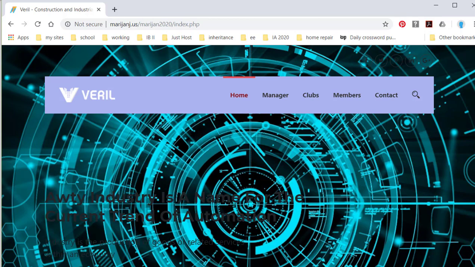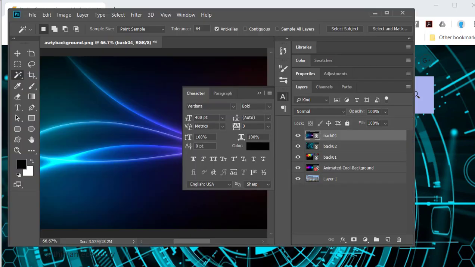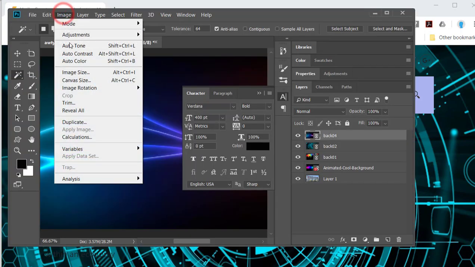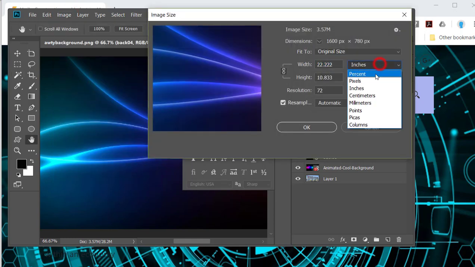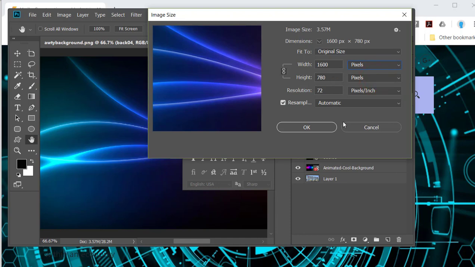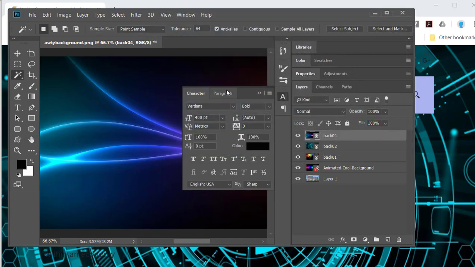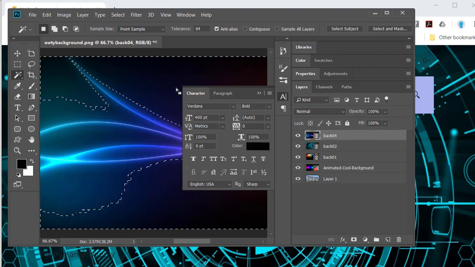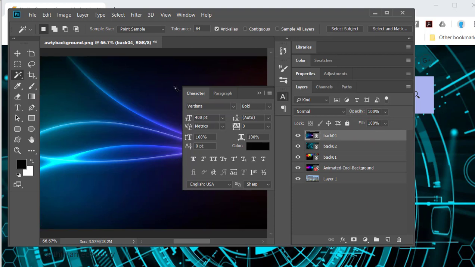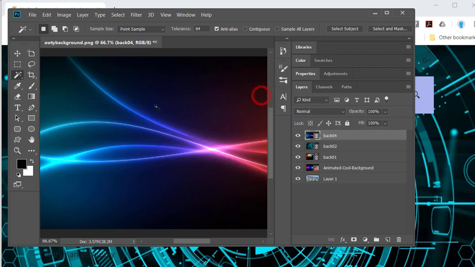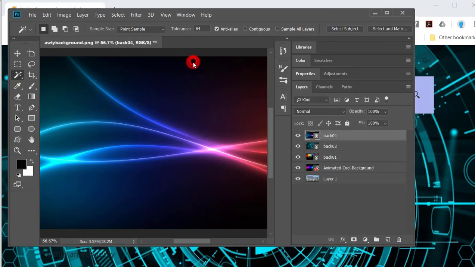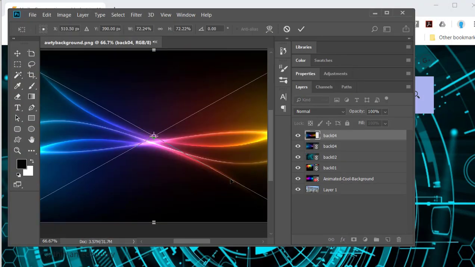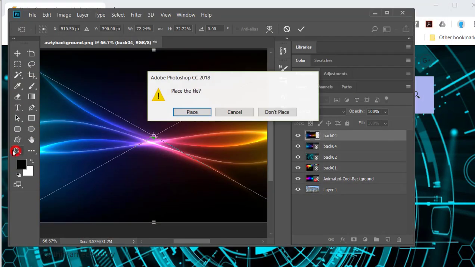Okay. So the first thing you have to do is go to Photoshop and set your image size to the right size. In this case, 1600 by 780, right? You place your image. Let me Control D. You place your image and you resize it. So for instance, I would say place linked, and I would just take that one. And if you zoom out, you'll see,